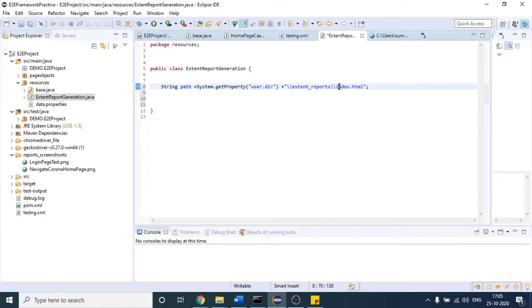After that, to work with that extent report file, there are two classes. First is this one, Spark Reporter, and the second class is this.